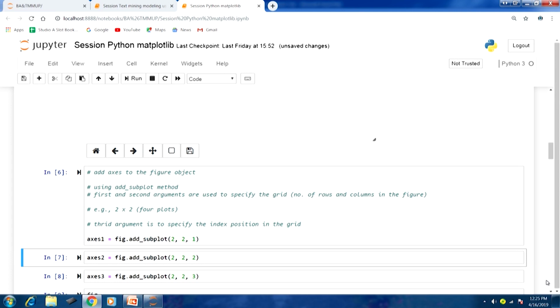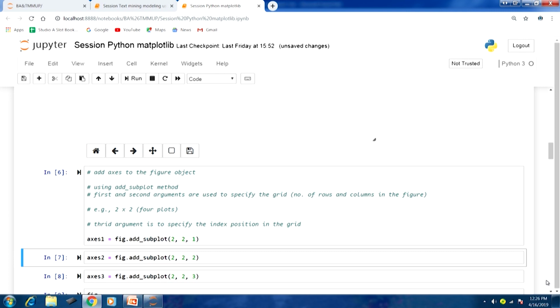Similarly, because we have gone for 2 cross 2, we can add axes in more subplots. For the second subplot we can go ahead and create axes again.